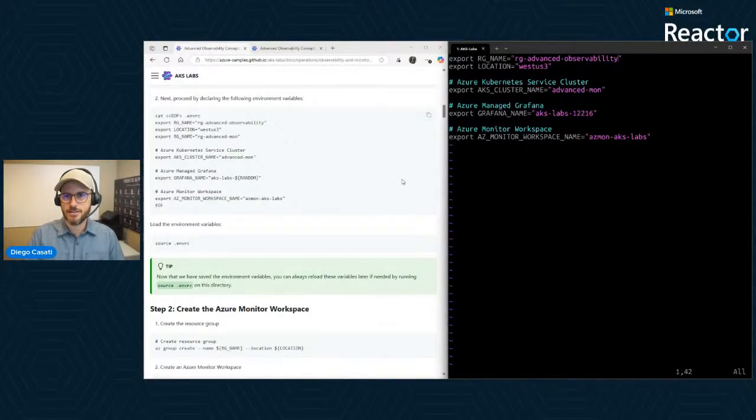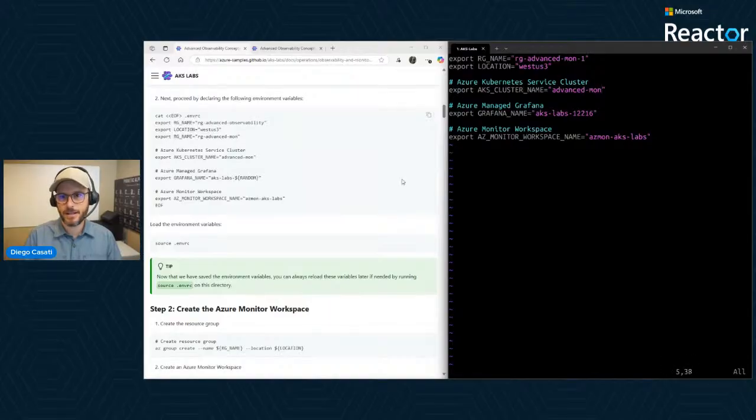I will change this here because I want to have this in a unique fashion. You can call this anything you want. We're gonna call mine advanced-mon-1 because I have another one created before this lab. My location is West US 3 again. Change this to reflect your own location, the location that you actually have quota for a cluster.